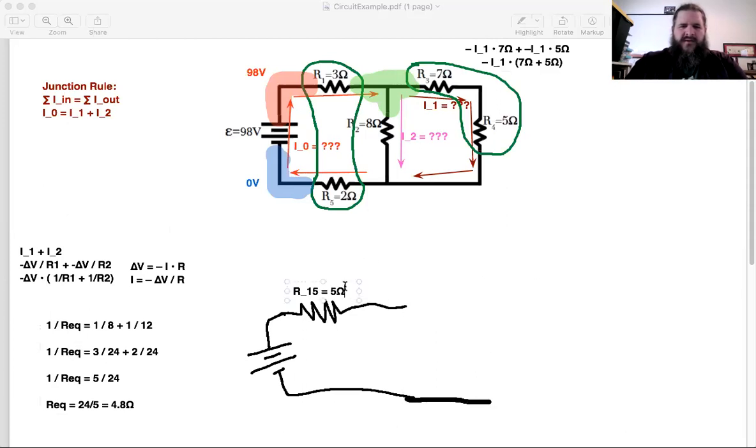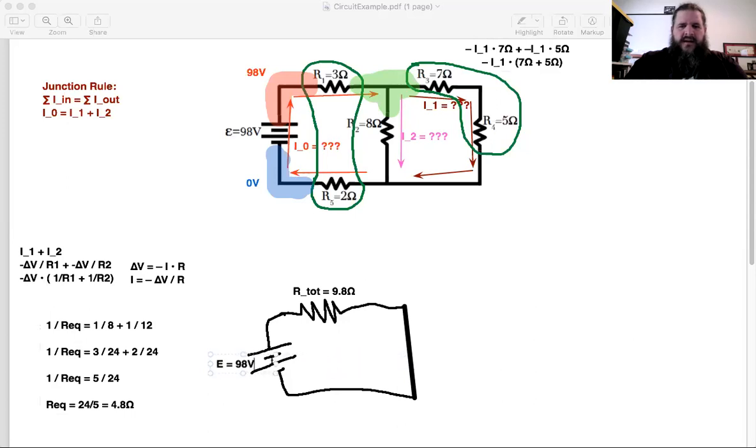So we can now combine all of those together. We can say R total equals 9.8 ohms. The entire circuit acts like a 9.8 ohm resistor. And the nice thing about simplifying it is we now just have one loop, and one loop makes it much easier to do. We've got epsilon equals 9.8 volts. Sorry, 98 volts